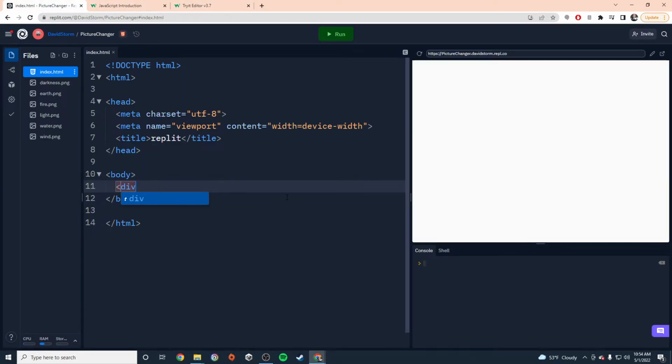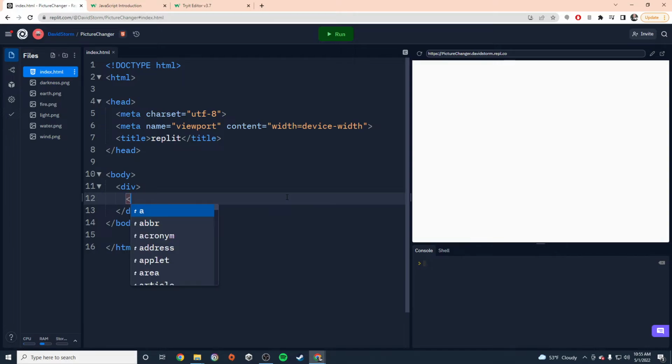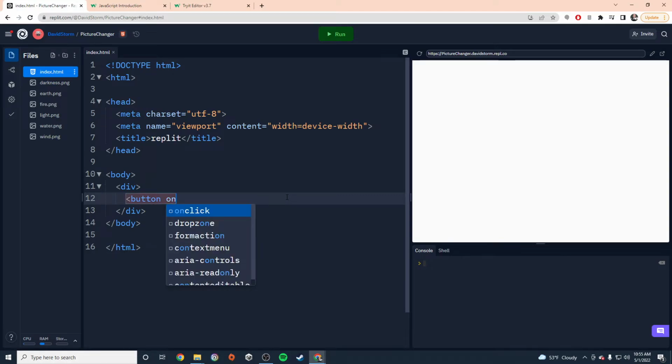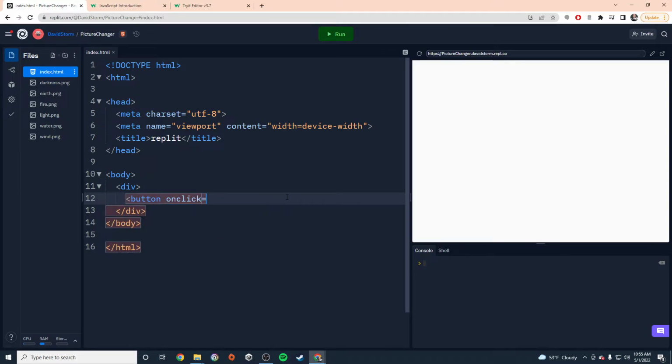First, I'm going to wrap everything inside of a div. A div is basically a container that can hold objects and organize them on the page a bit better. And inside my div, I'm going to have a series of buttons. This button element is going to just create a new button on my page. And the button is going to use an onClick attribute, which is a JavaScript attribute,